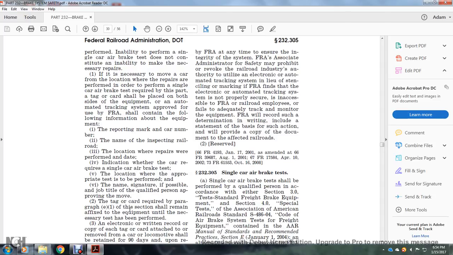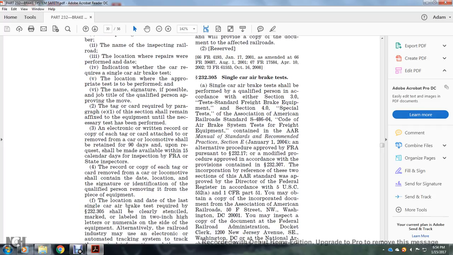The tag or card required by paragraph E1 of this section shall remain affixed to this equipment until the necessary test has been performed. 3. Electronic record: a copy of each tag or card attached to or removed from the car or locomotive shall be retained for 90 days and, upon request, shall be made available within 15 calendar days for inspection by the FRA